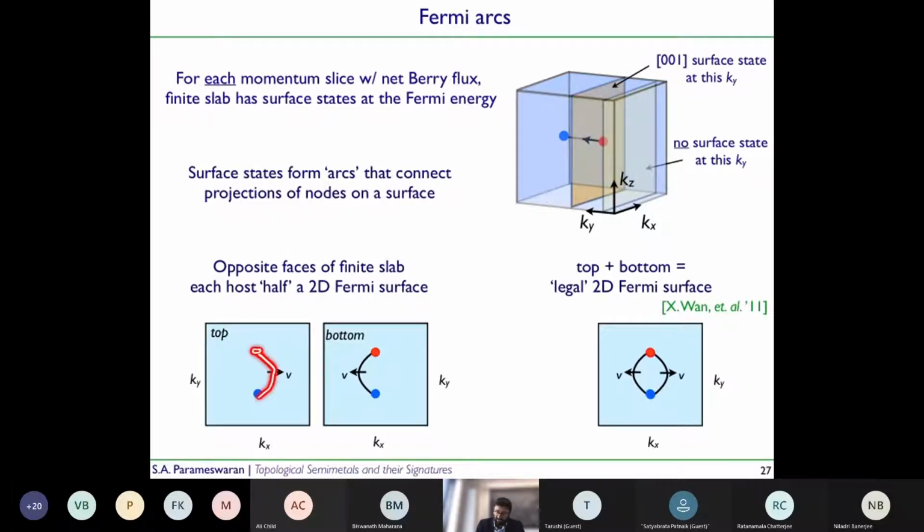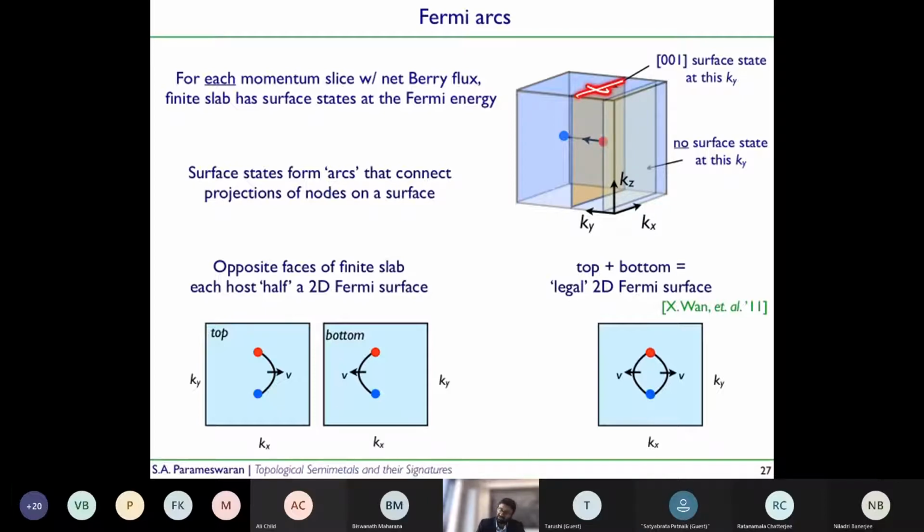So you can convince yourself by drawing these pictures that there must be a band of such surface states, but these are just edge states of a 2D Chern insulator. So they disperse in the x direction, because I fixed ky, and kz and kx were good quantum numbers in that problem. I computed a Chern number. Now I relaxed the fact that kz was a good quantum number because I took a finite slab in the z direction. So you can do a trade-off. You can either have a non-trivial Chern number and periodic boundary conditions, or you can have an edge state and open boundary conditions. But that edge state is chiral because of the nature of a Chern insulator, which means that